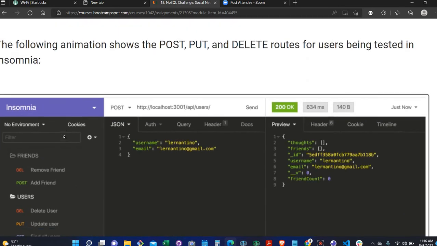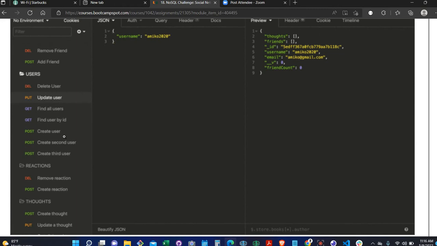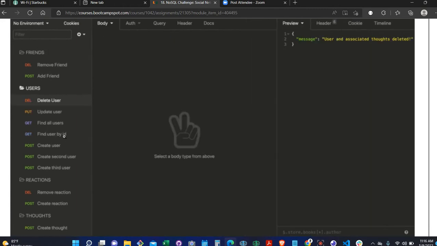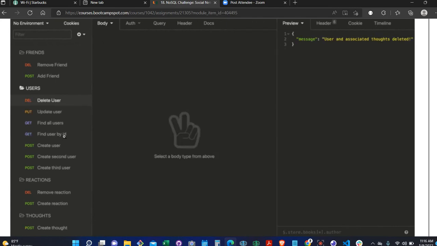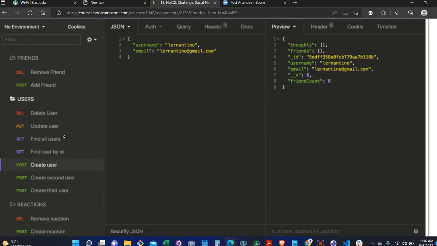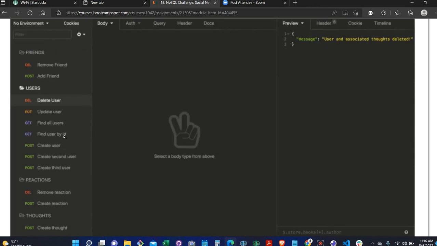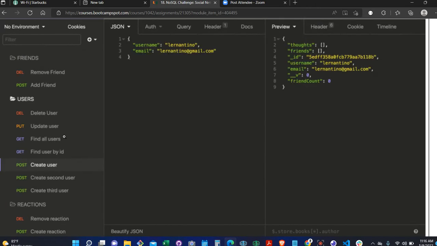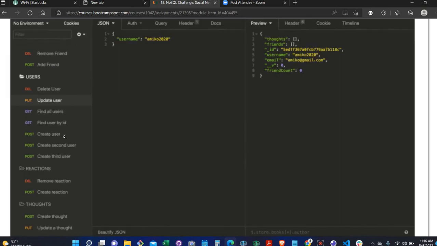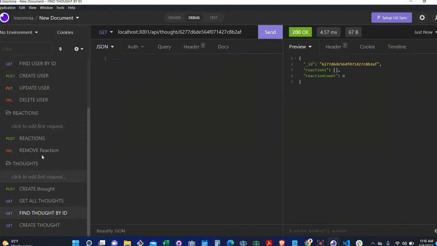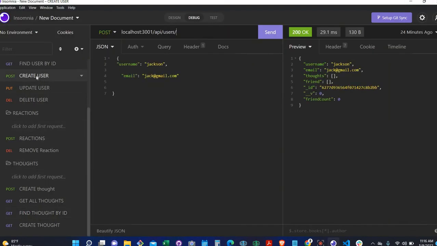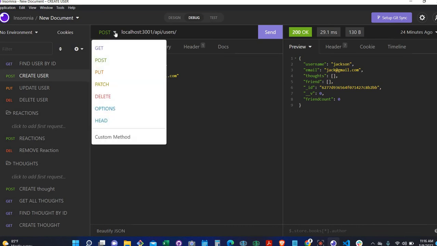Now we're going to do a post, put, delete. We're going to start by creating a user. All right, we're going to create a user. Create a user, post, create a user. So we're going to create a user. Let's go over here, create a user, and we want to create a user. So we're right here, create user, post,